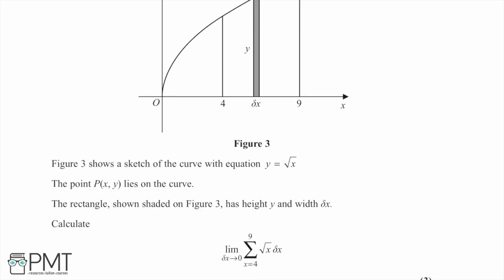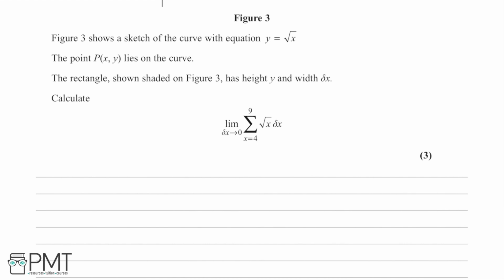We're asked to calculate the limit as delta x tends to 0 of the sum from x equals 4 to 9 of the square root of x delta x. So effectively what we're being asked to do is, as this delta x here gets really small towards 0, what is the area between 4 and 9? So we know that we can work out the area by integrating. And we know that the definition of the integral is going to occur when, in this case, delta x tends to 0. So therefore,